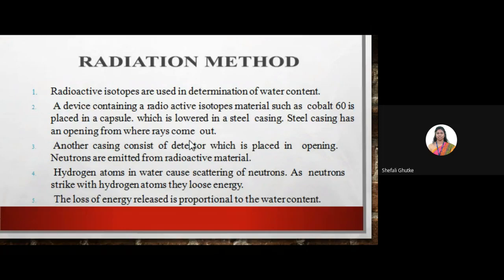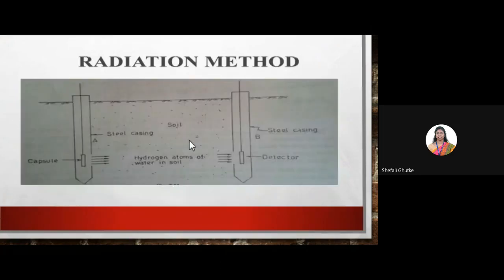The neutrons are emitted from the radioactive material. The hydrogen atoms in water cause the scattering of the neutrons. As the neutrons strike the hydrogen atoms, they lose energy. The loss of energy is proportional to the water content. In the radiation method,